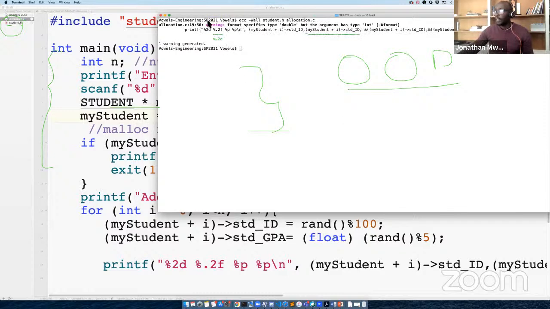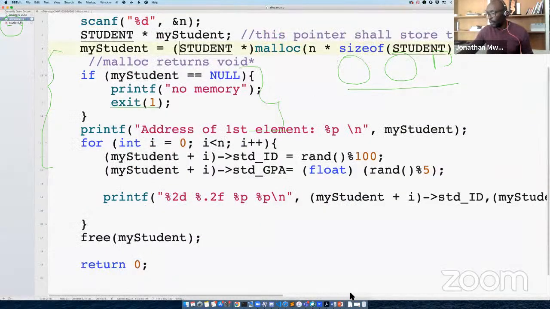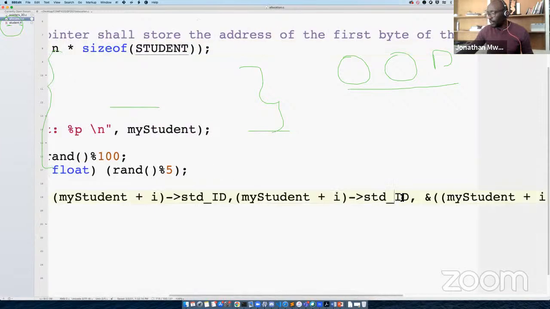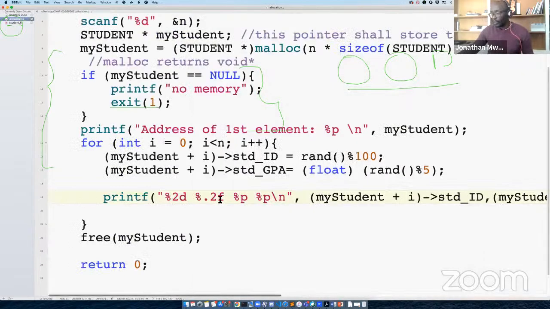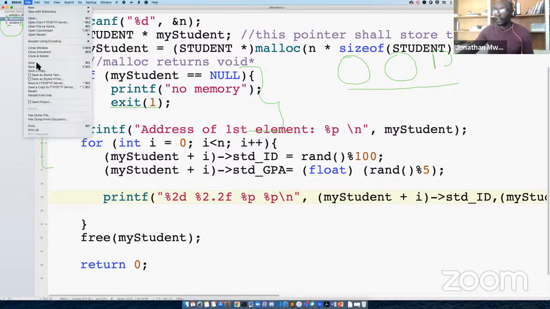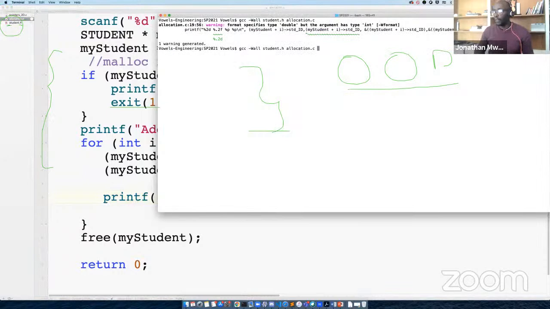Okay, it's complaining because, oh, this one, I think I printed two things, student ID and student ID together. So maybe we should change that. We had a student ID, and this should be GPA here. Okay, so it was complaining about what I'm using here, and maybe we also separate it with two spaces. Sometimes it's always good to get clear of the warning. All right, no problem now, everything's fine.